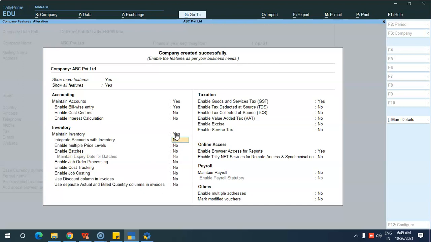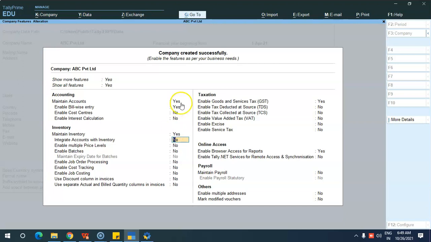All those features you are specifying in the F11 feature over here will not affect the other companies in the same path. In the same path you will be maintaining many companies. If you are running more than 2-3 companies, you will be maintaining them in the same path. You will be creating a different company, right? So the features you specify in one company will never affect the other company's features.